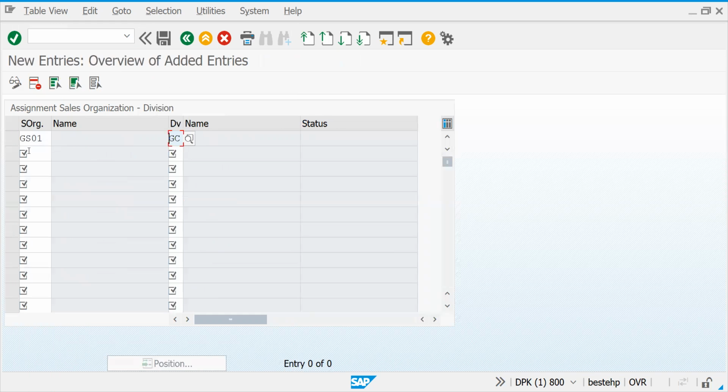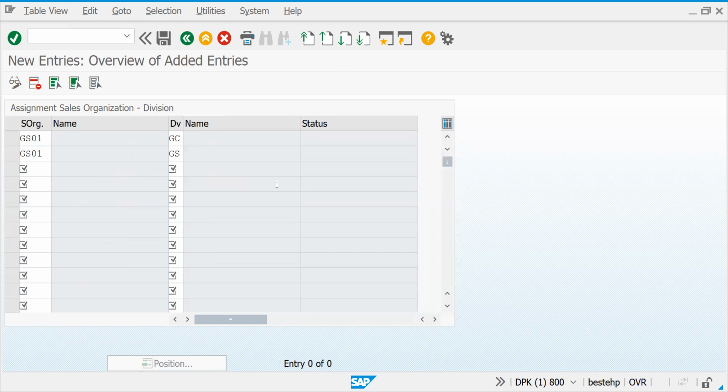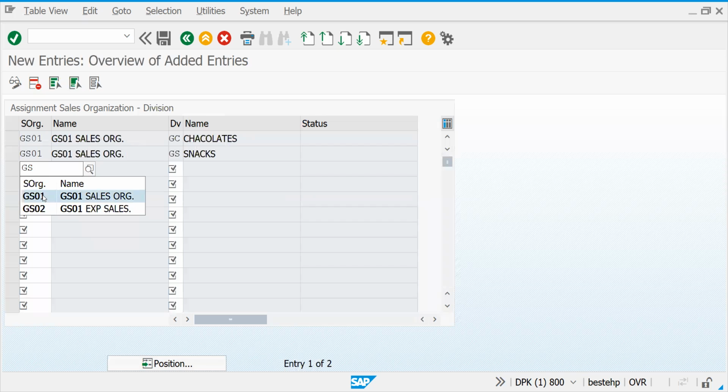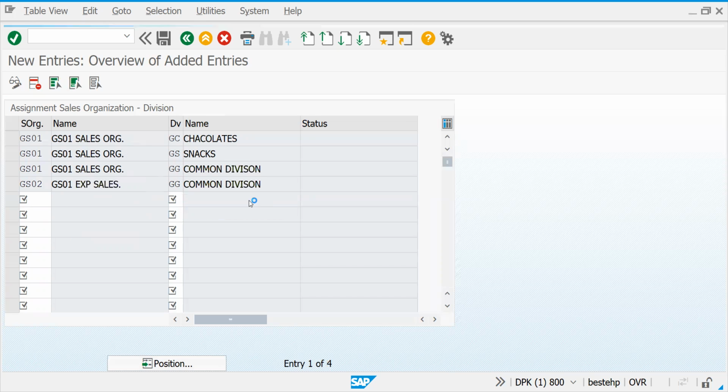This is one division, and for this one we're doing this, and GS01, again you have a common division for other products. So let's try to understand GS02. It only has the common division. Whatever products we have, we are going to sell with this one only. Let's save this.